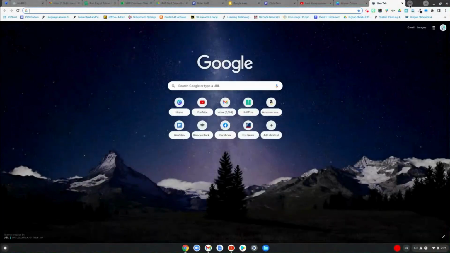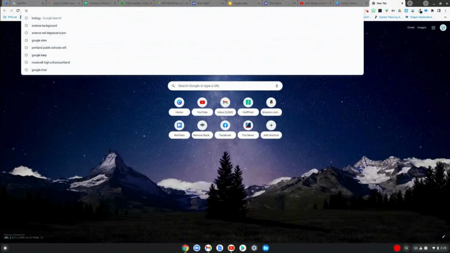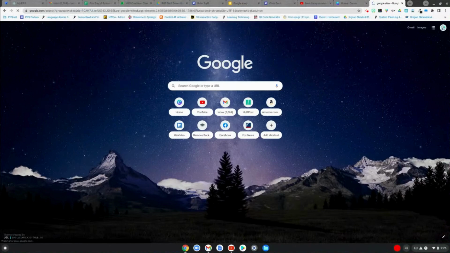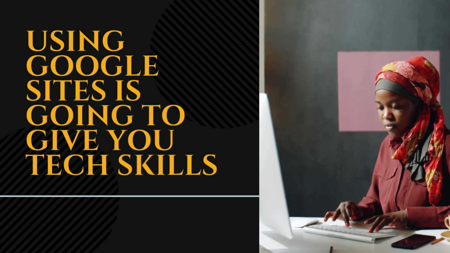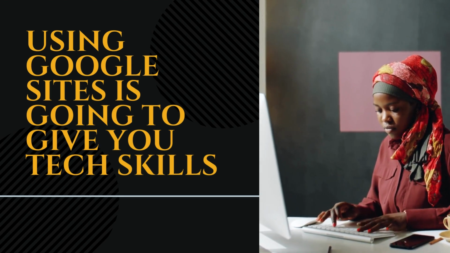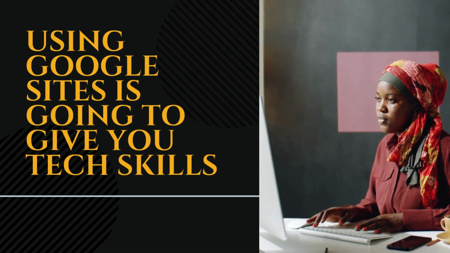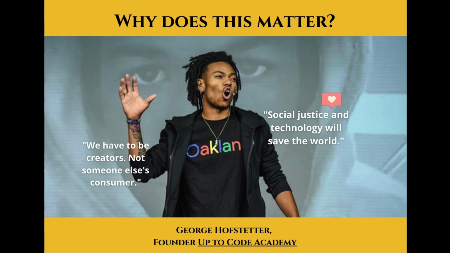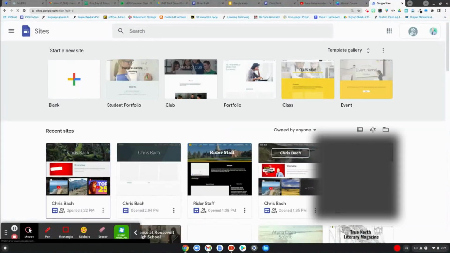Well, you can just open up a new tab. You can go to the dots if you want to go to Google Sites, SITES for website. You can hit that button, it'll take you, or you could just type here too, or in Google, Google Sites. However you want to get there is perfectly fine. Into your school account, your PPS account, you'll be able to click on your site and see it here under